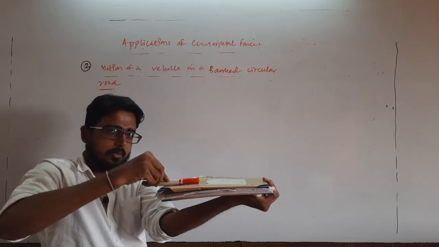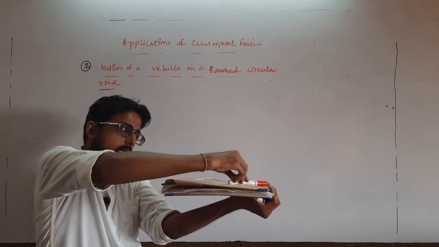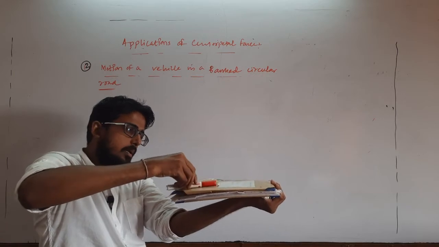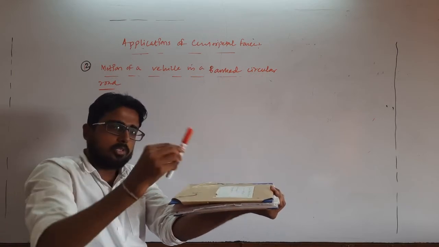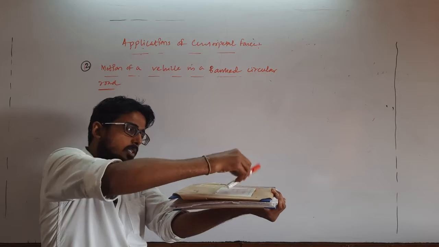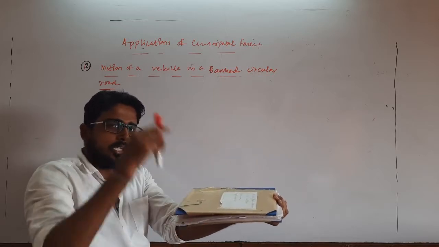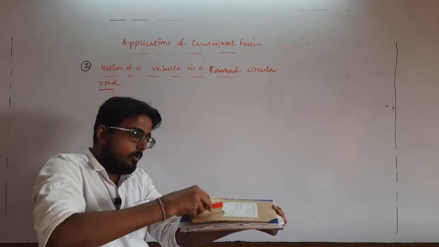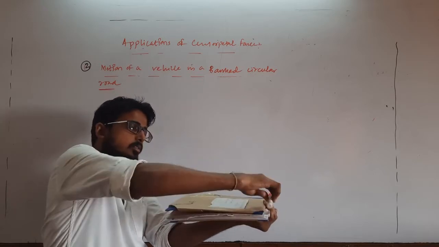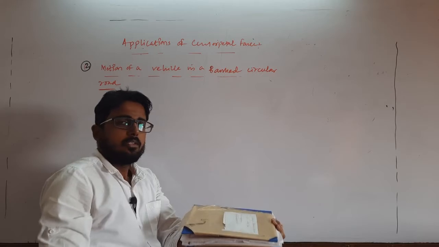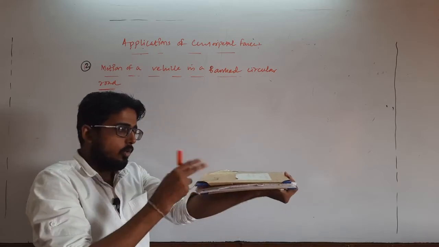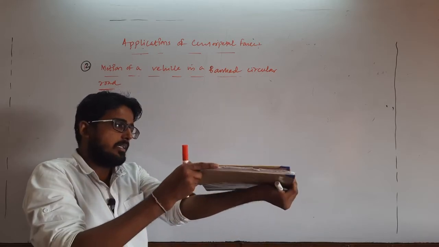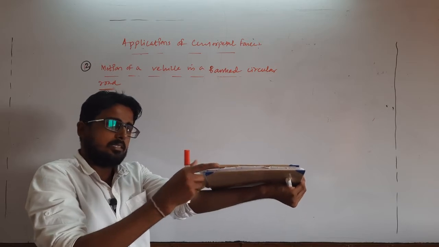So if the vehicle is traveling along this direction, it wants to take a turn like this. So the required centripetal force, or the force which balances the centrifugal force, is what? The frictional force. But if the speed is very high, then the frictional force is not enough to balance the centrifugal force. That's why the vehicle will skid away along this direction. To avoid that, the road is a little bit banked or inclined like this.